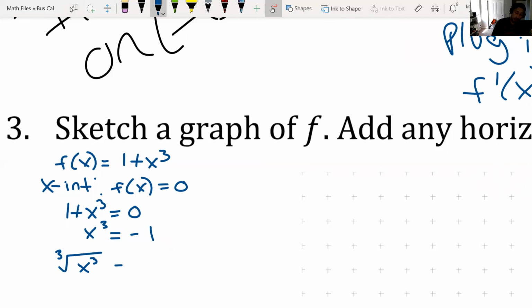Okay. Let's say you wanted a little more information. I didn't do it on the last one, but you can still do it on the other ones. Let's say you wanted to find the y-intercept. To find a y-intercept, you let x equal 0. Okay, so let's see, why is that taking a while? X cubed equal to,